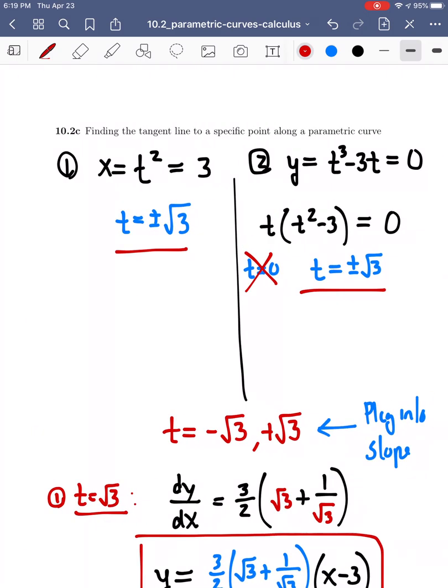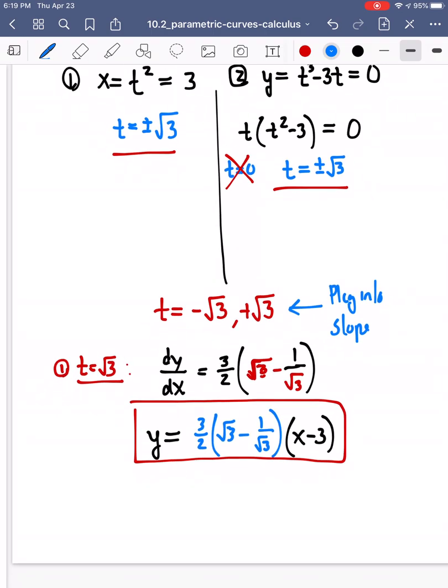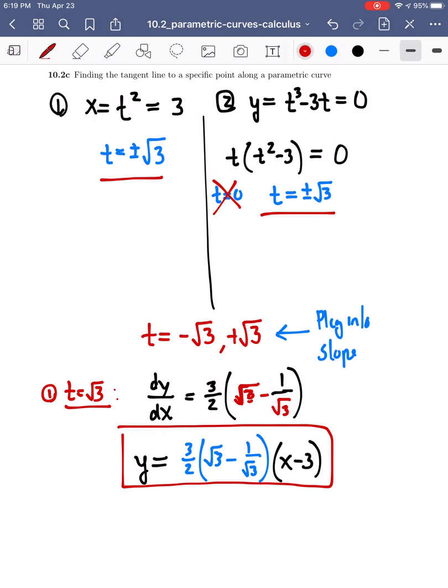Oops, I made a sign error. That should be, copying from the previous page wrong, square root of 3 minus 1 over the square root of 3. Square root of 3 minus 1 over square root of 3, excuse me. Copying error. And if we plug in t equals minus root 3,